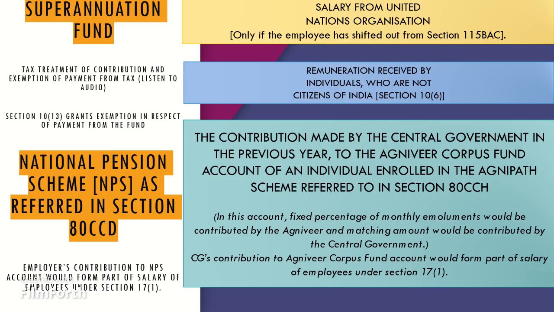3. Exemption in respect of payment from superannuation funds, Section 10(13). Any payment received by any employee from an approved superannuation fund shall be entirely excluded from his total income if the payment is made on the death of a beneficiary to an employee in lieu or in commutation of an annuity on his retirement at or after a specified age, or on his becoming incapacitated prior to such retirement, or by way of refund of contribution on the death of a beneficiary, or